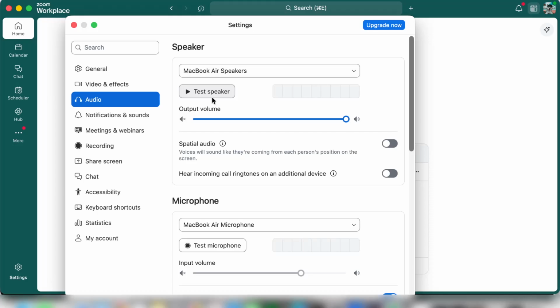Similarly, you can also test your microphone by clicking on the test mic option. Try speaking into your microphone and then listen to the playback. This is a great way to confirm that your voice is being captured accurately and at a suitable volume level. If you notice any issues, take a moment to adjust the volume sliders accordingly. This simple adjustment process ensures that both you and your participants will have a seamless communication experience without any technical